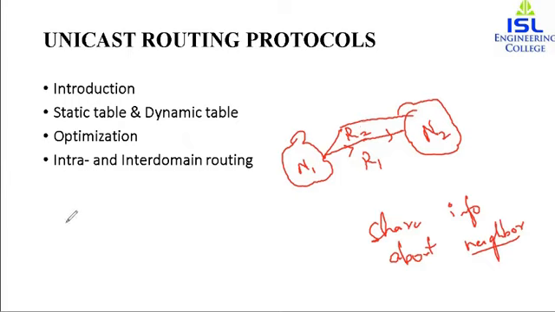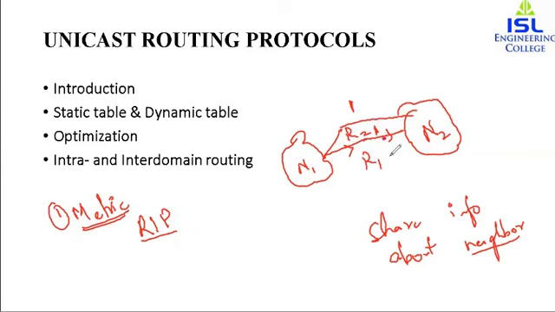Usually, the approach that is taken for optimization is based on something known as a metric. The metric is assigned to each network, and it depends upon the type of protocol. Some protocols are simple, such as Routing Information Protocol, RIP, and they treat all the networks as equal, and they assign the value 1, that is, they count it as one hop count. So suppose network 1 is sending some packets to network 2, then it may use any of the routers because each of them has one hop count.